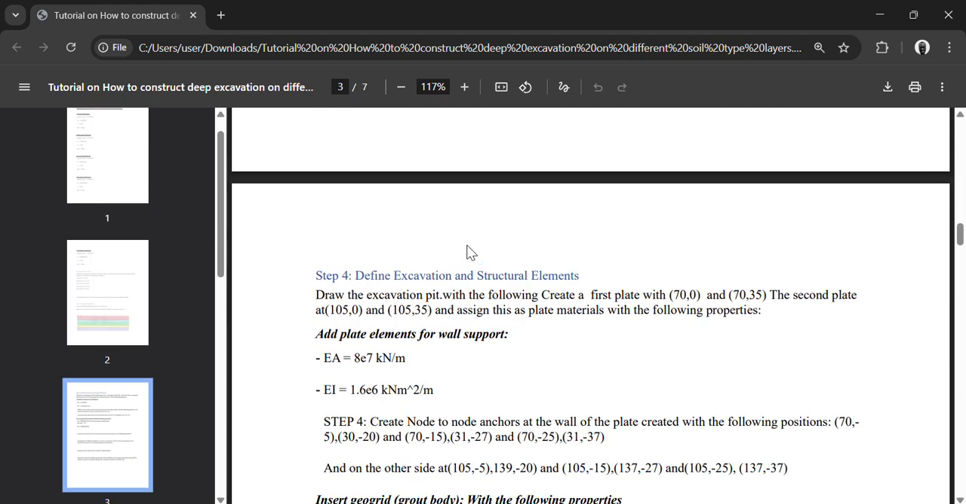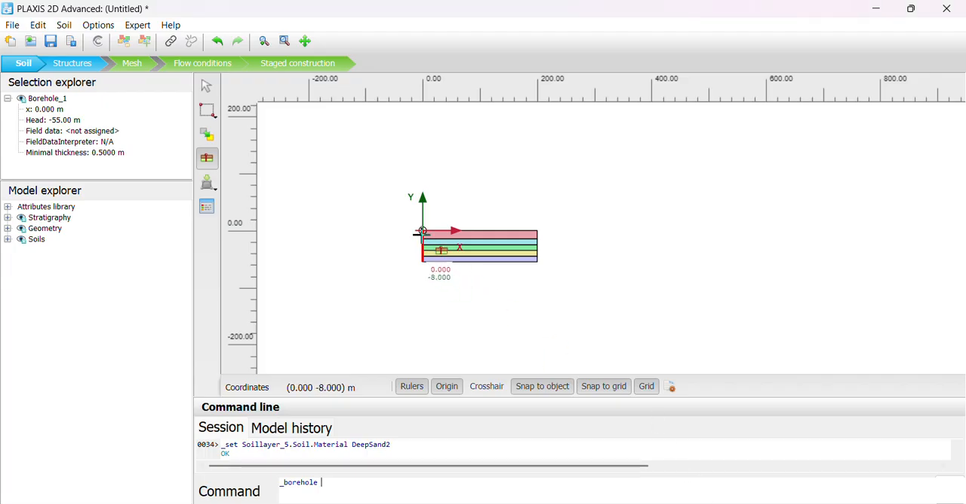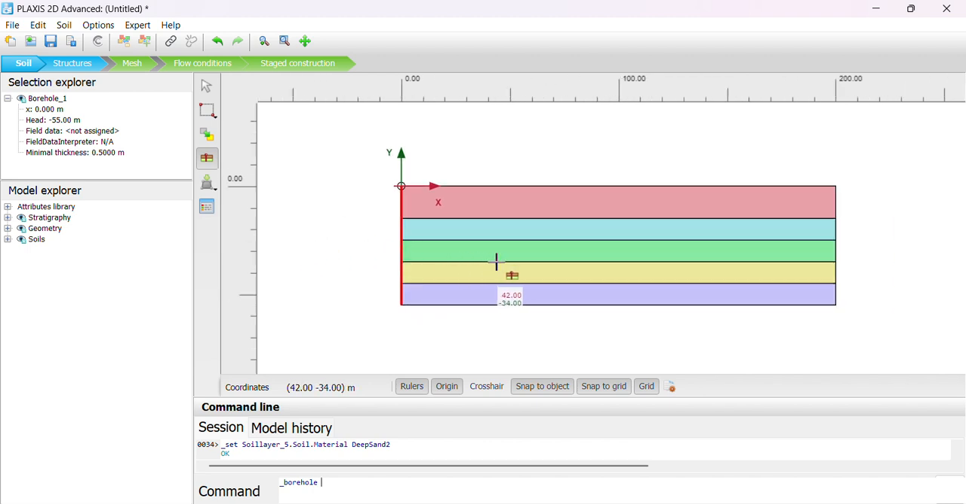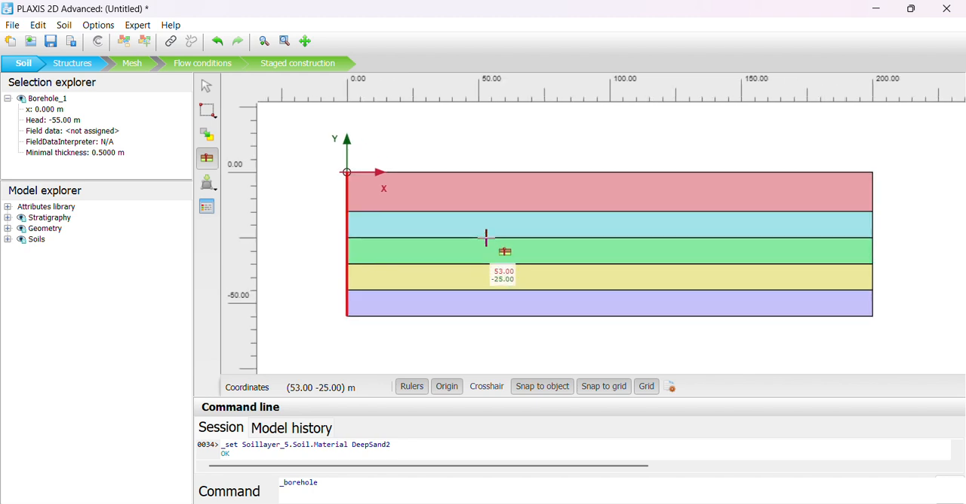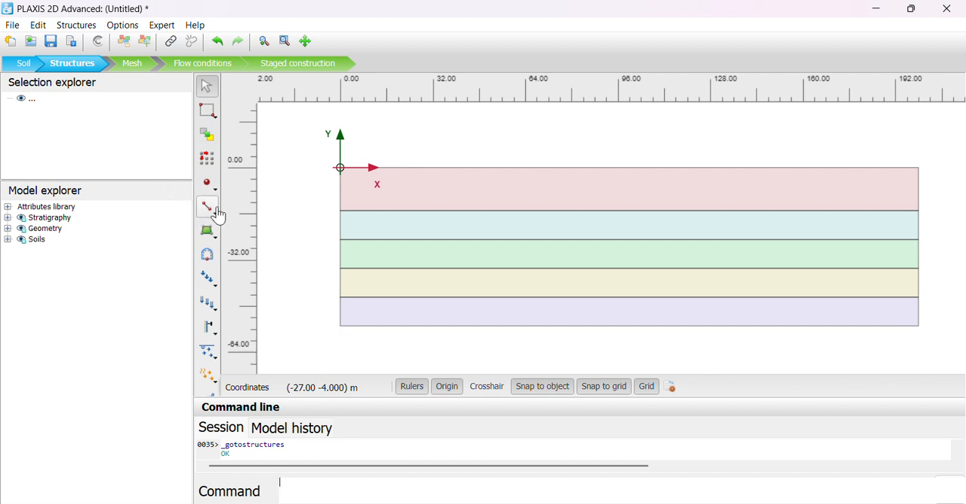we are going to define the excavation and structural elements. In the structural elements, we're going to use plates, anchor bars, and geogrid. We have a phase shape like this one, as it is also shown in our document. So next, we're going to deal with how to insert the structure for the column. We're going to insert